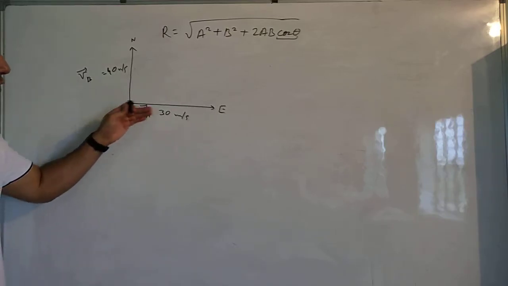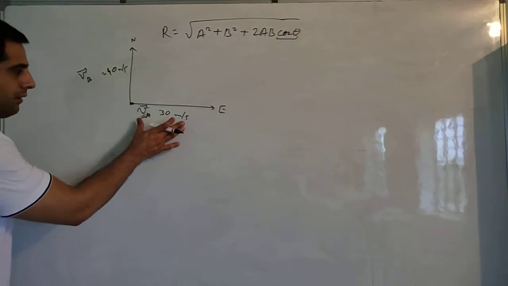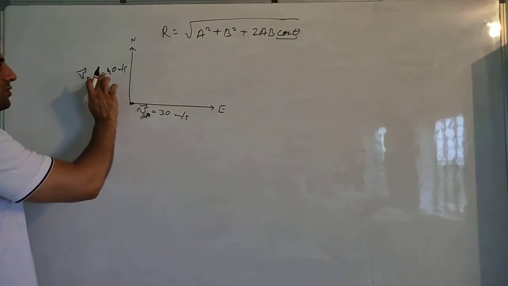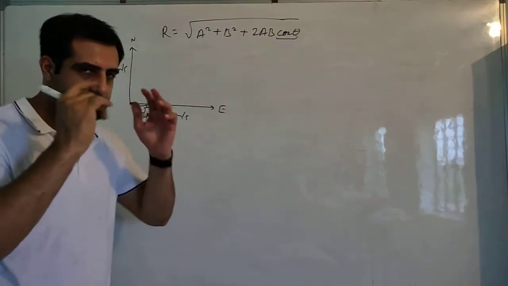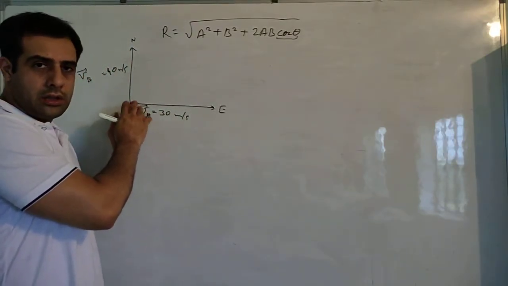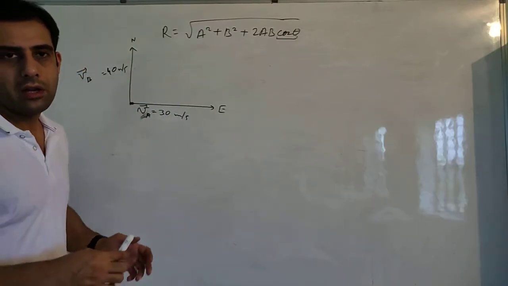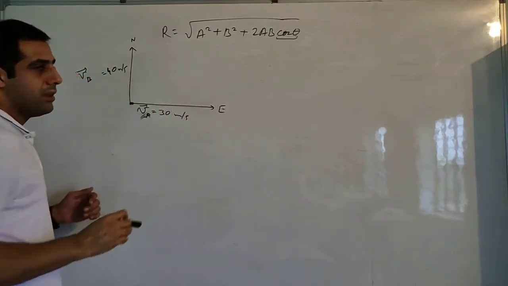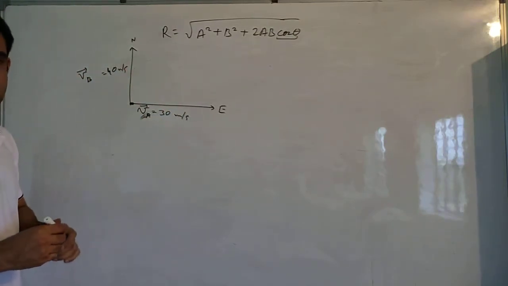A force is applied in two directions, perpendicular to each other. This force gives a velocity of 30 meter per second in this direction, and this force gives a velocity of 40 meter per second in this direction. Now for a second, imagine this situation, and imagine that you are pushing this block, this particle, in these two directions. Where will the particle go? If you imagine, the particle will move between them. That means the resultant will be somewhere between these two vectors.